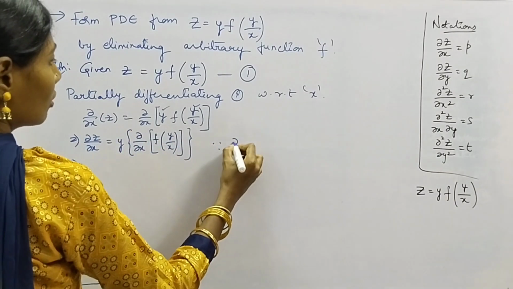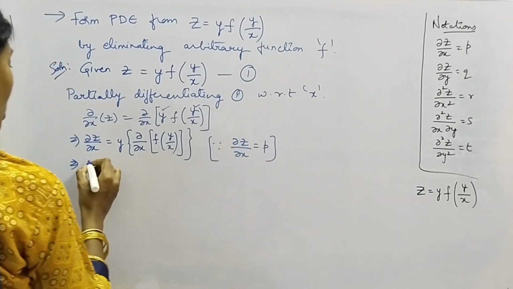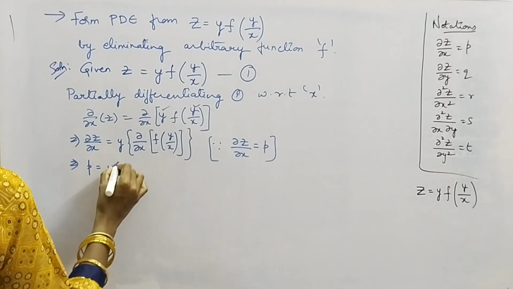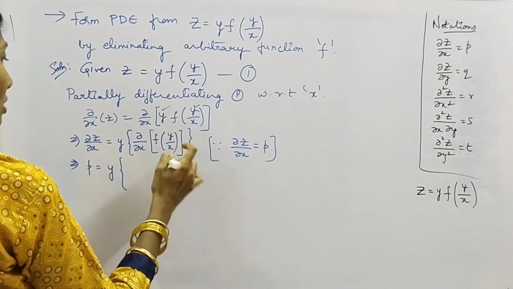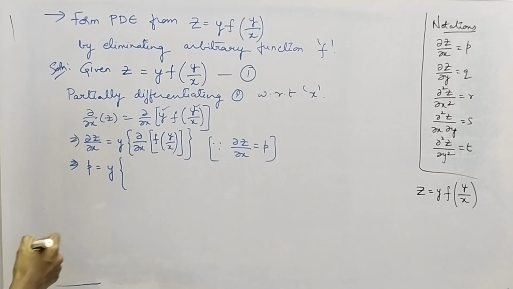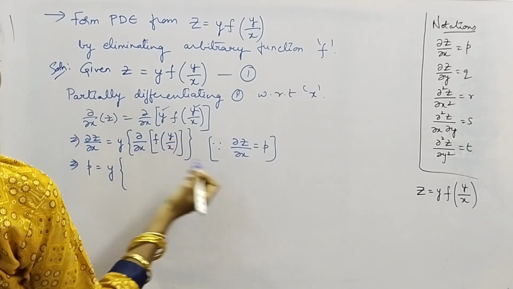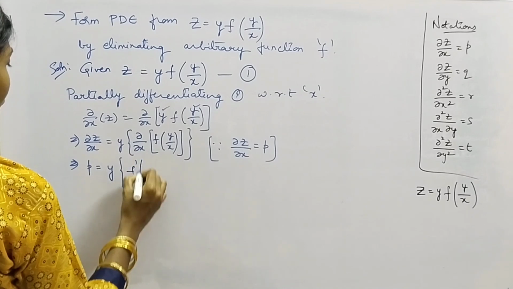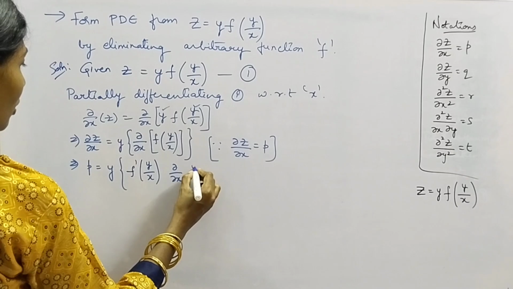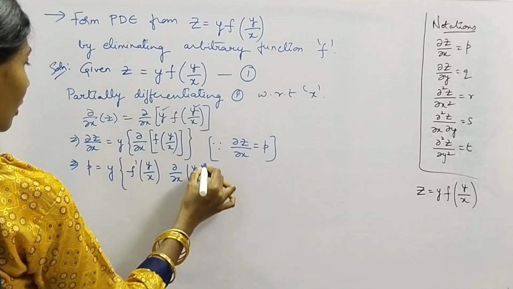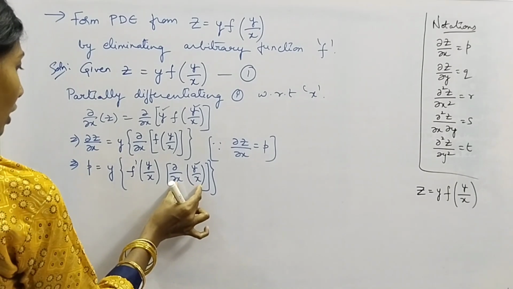Since we have a notation dou z by dou x equal to p, let's replace dou z by dou x now. We'll get p equal to y into partial derivative of f of y by x. You can just write this as, we can find partial derivative of f of y by x. We'll get f dash of y by x into inner derivative, that is dou by dou x of y by x. Since y is constant, right, so we can write this as